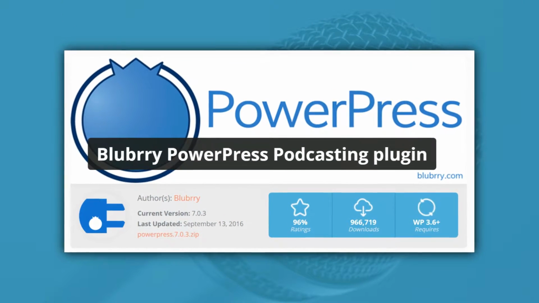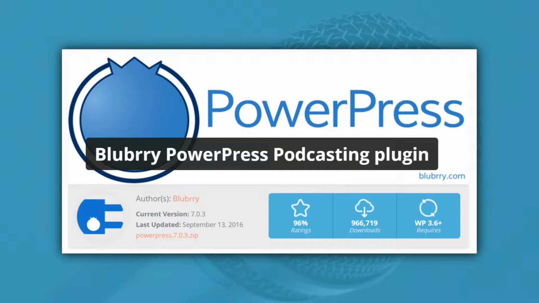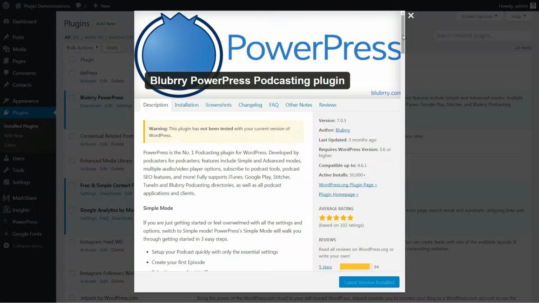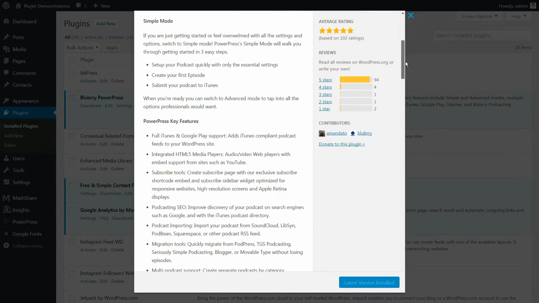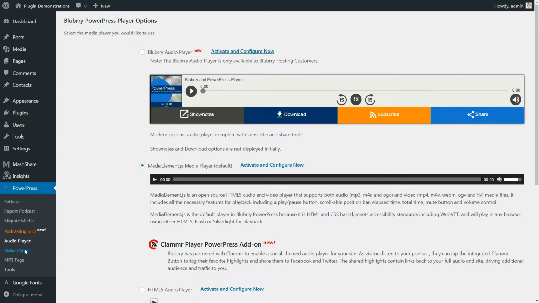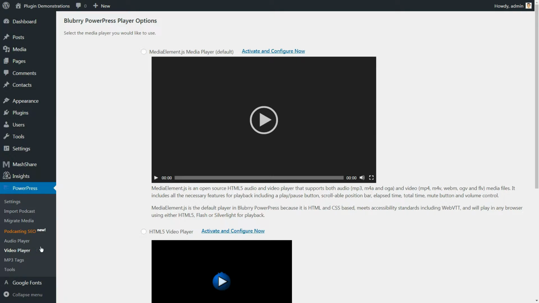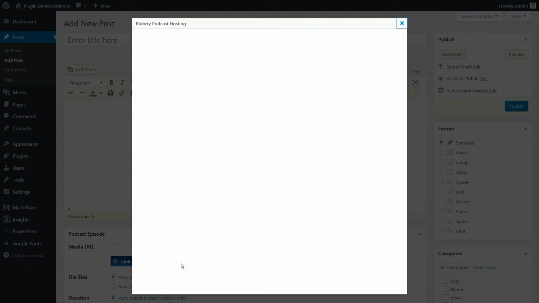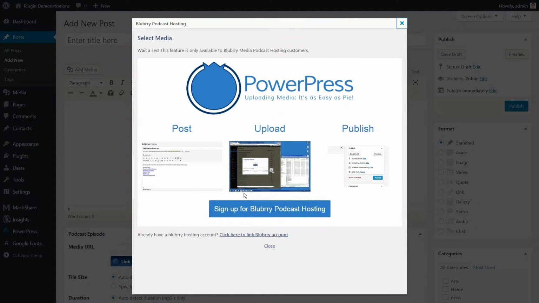Let's find out how to do this using the Blubrry PowerPress podcasting plugin. This plugin is a one-stop solution for managing your podcast and publishing new episodes. It supports multiple audio and video types, subscription options, and even includes a few search engine optimization features. On top of the free plugin, the team behind Blubrry also offers podcast hosting solutions that integrate with WordPress and